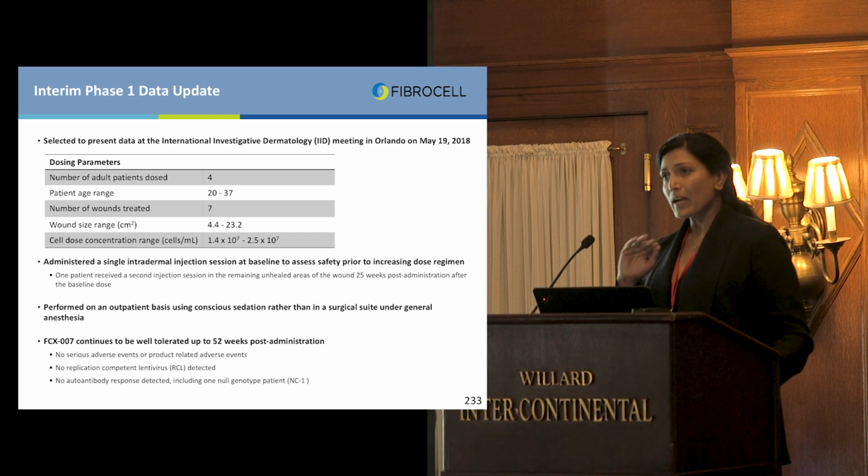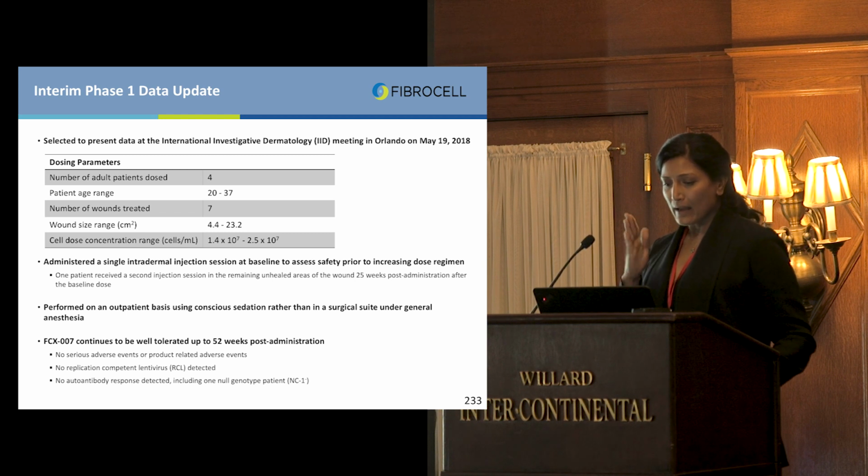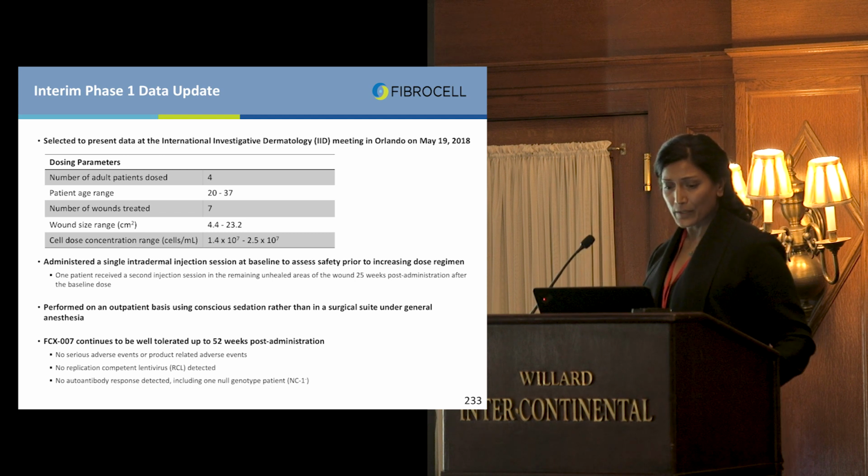So we inject these at the periphery of the wound, as well as the axis of the wounds, and basically look to see over time if we see an increase in collagen 7, as well as what happens to wound healing. And I'm not going to present all of the data because of time. I'm just going to go ahead and show that